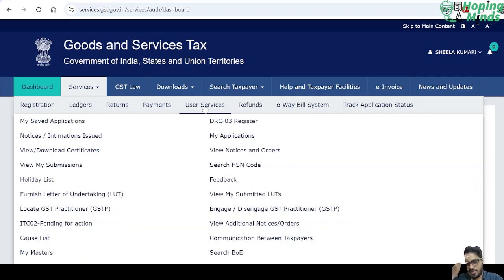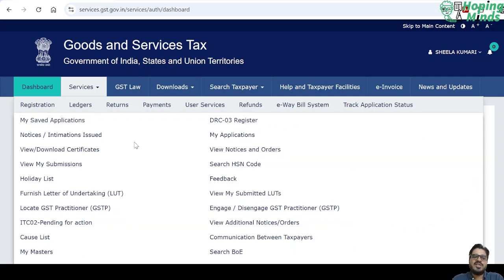Then comes the user services. Multiple options are available under the user services also. My saved application. Any application that has been saved by the taxpayer will appear under this head. DRC03. Any payments or any voluntary disclosures will appear under DRC03. Notices, intimation. Any notices issued by the department will appear in this head. My applications, any applications that has been